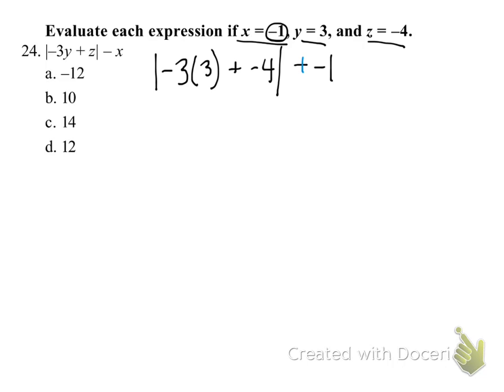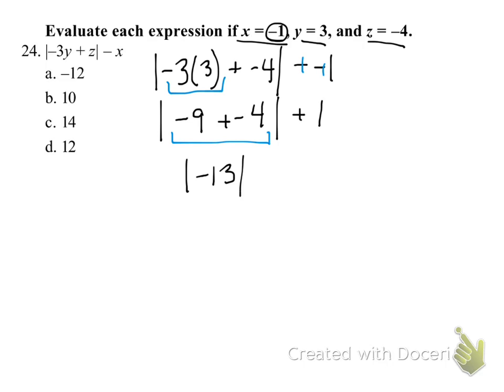That's a little keep, change we can do there. And then I want to start with anything inside the absolute value. I can multiply, order of operations, that gives me negative 9. And then I'm going to finish order of operations inside those parentheses or absolute value signs, that gives me absolute